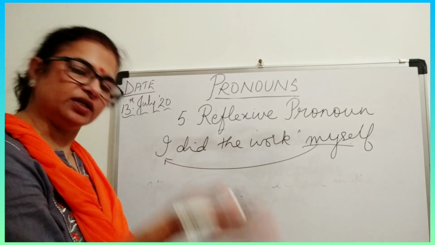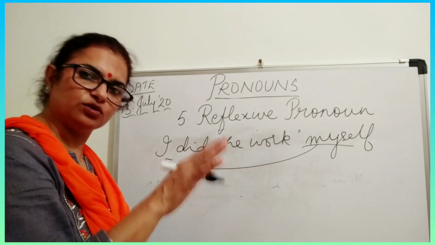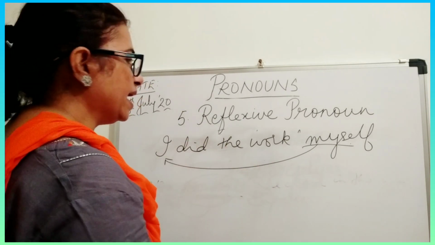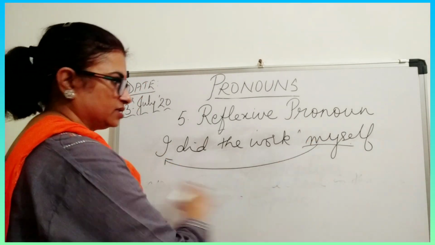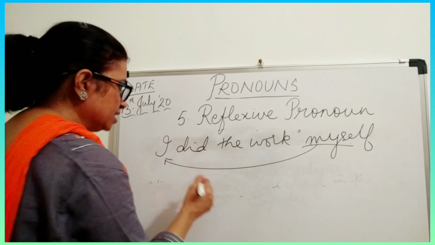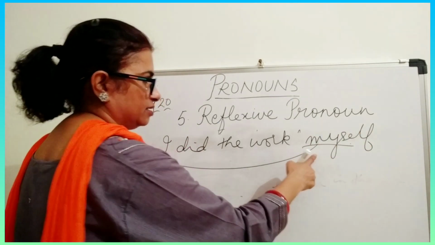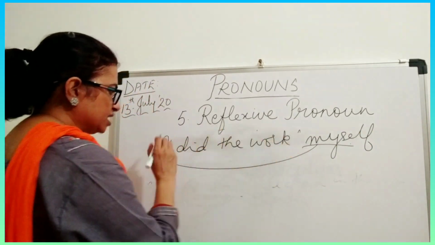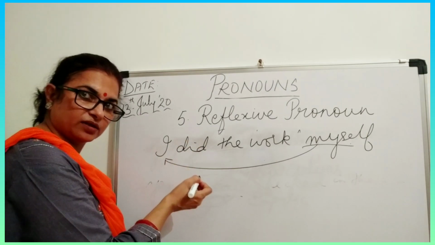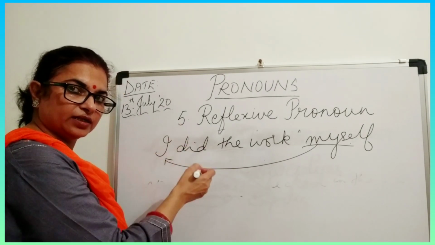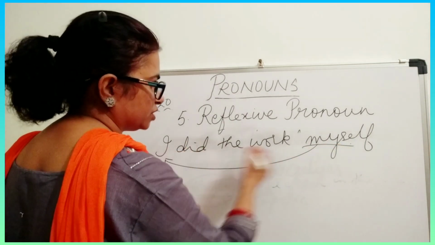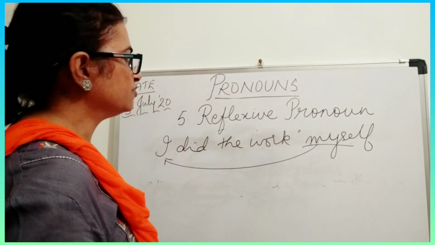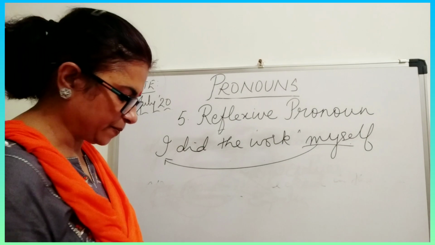If it is in singular, they'll use singular. If it is in plural, they'll use plural. Both are the same, and they refer to the subject also. But you will find that in emphatic, this word is just followed after the subject. You will find it near. That you call emphatic, and the word which is far, you call a reflexive pronoun.